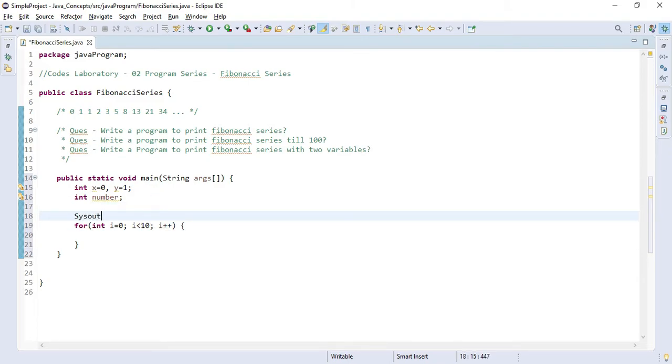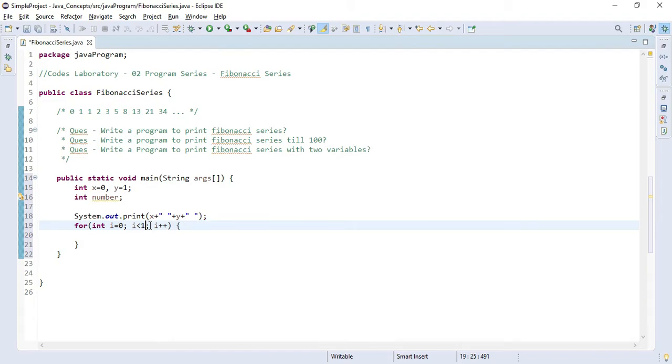Initially we will print the first two numbers of our Fibonacci series, and that will be X and Y. I will add some space so they'll be aligned in the same line. Yes, and as you can see we have already printed the first and second numbers, so this loop will continue till the 8th value, so we can take it like this.